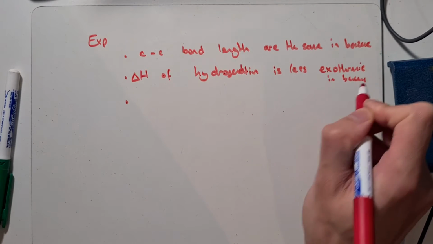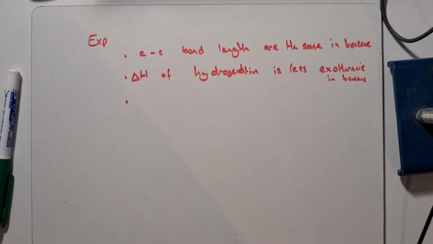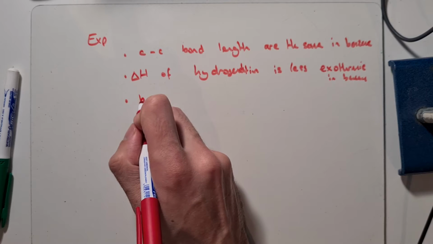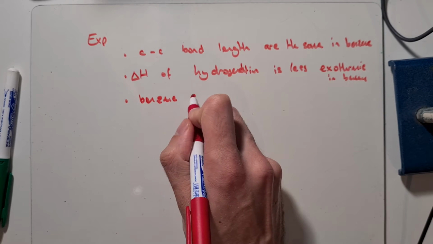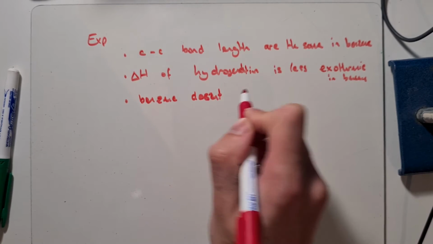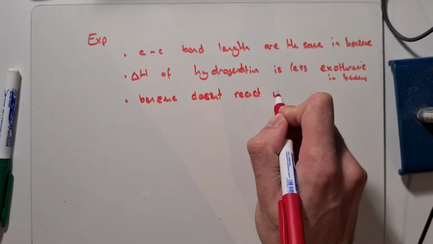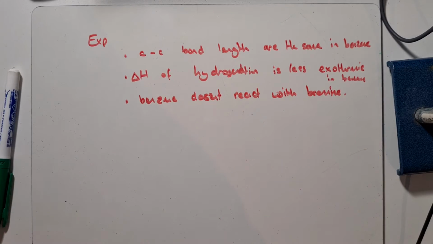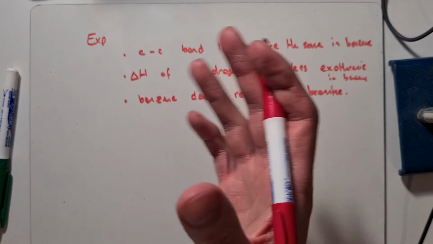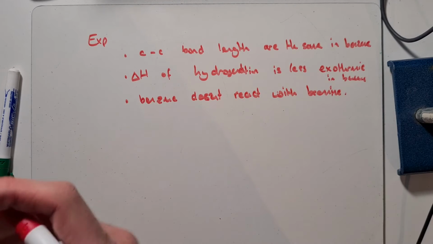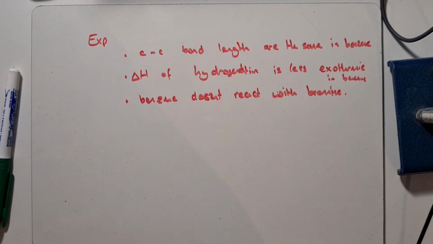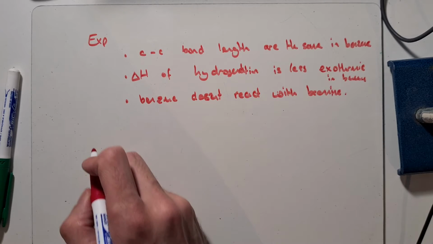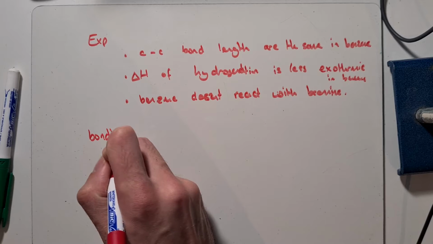Or you could have benzene doesn't react with bromine. Anything to say that it's got a greater stability, but this is one of the examples that would be the case. Then, to go through the bonding in benzene, or the delocalized model,